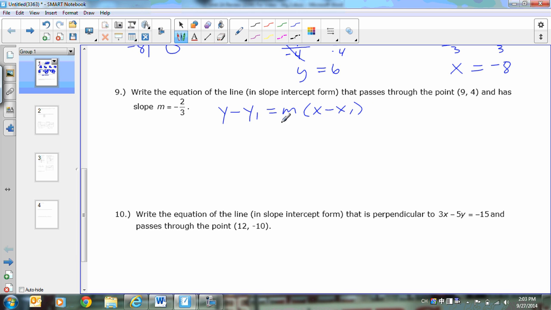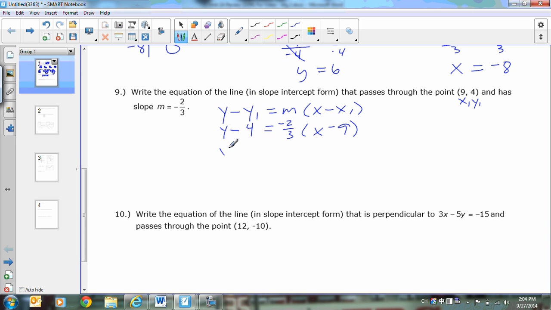All right, so to write this equation, we need to plug in two pieces of information. One would be the x and y value of a point that lies on the line. Well, that was given to us. Here's our x1, y1. And then we also need the slope of the line, and we're given that information as well. So we'll just plug that information into our equation. So we'd have y minus the y value of our point is 4. So y minus 4 is equal to the slope of -2/3 times x minus the x value of our point, that would be 9. All right, so now to get it in slope-intercept form, we're just going to solve for